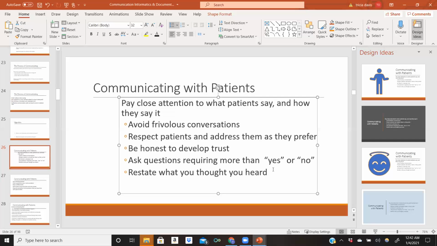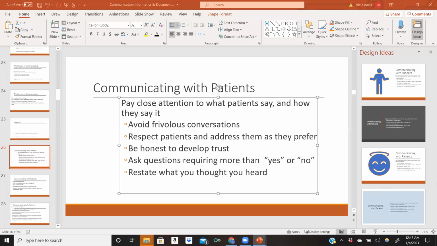It's okay if you forget something, and it's okay to make a mistake. But when you're honest with your patients, they trust you because they know that you're honest. And then ask questions that require more than a yes or a no answer. So we're going to talk more about using open-ended questions that require your patients to give you